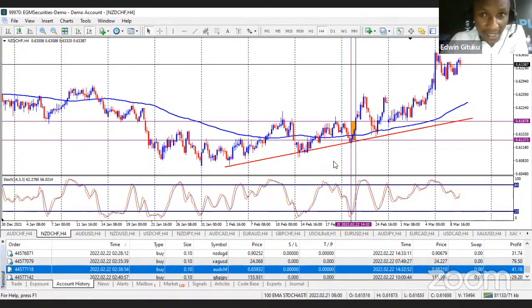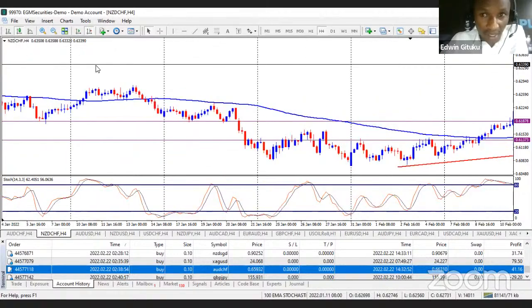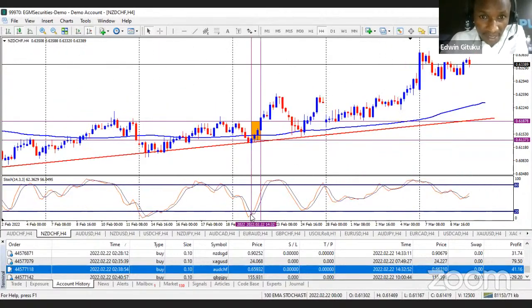Then checking the action on the stochastic oscillator, you can clearly see that stochastic was indicating that price was in an oversold state. When those 2 lines, K and D, began to rise, as well as price reversing along the 100 EMA to the upside, it was an indication of the trend coming back into effect. So you could enter a buy position, and this setup could have given you